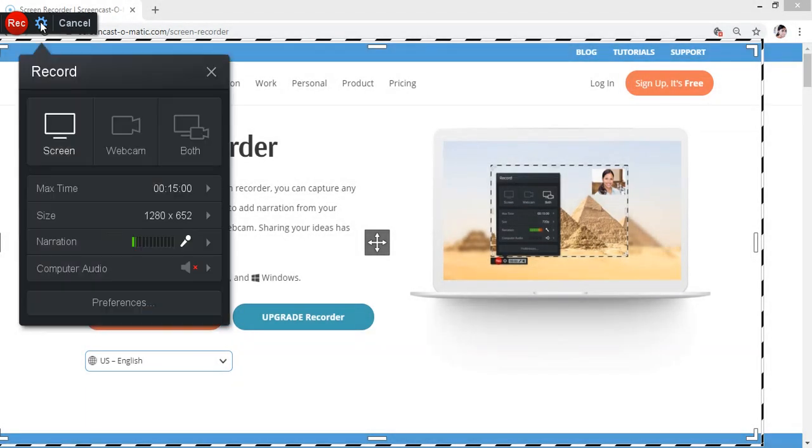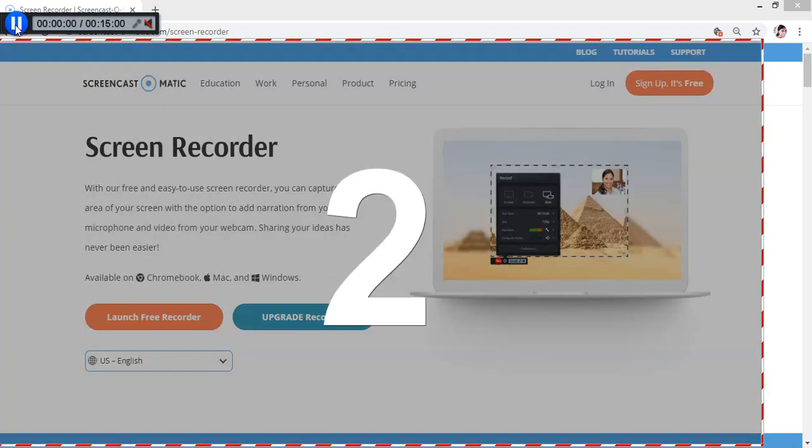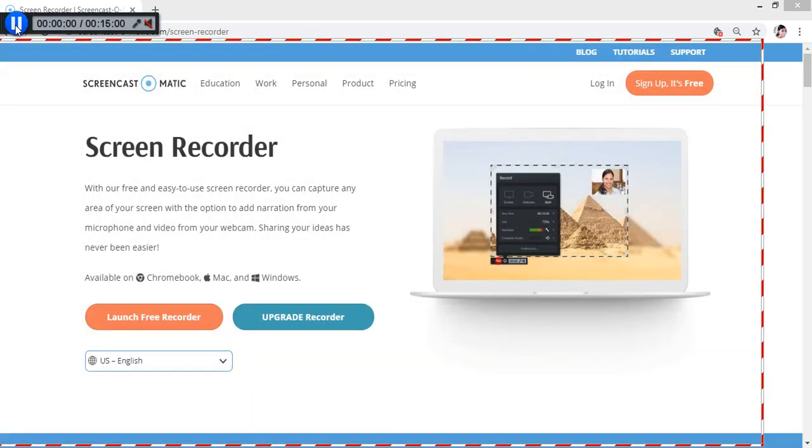For example, if I click again, it will show. That is, to adjust any of the size or screen options, this settings button can be clicked. Now I start the recording option. If I start recording, numbers will be coming and we can start the recording.